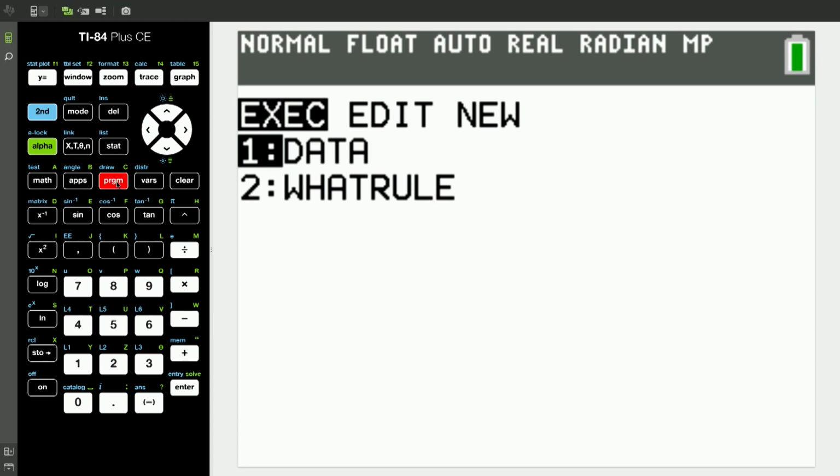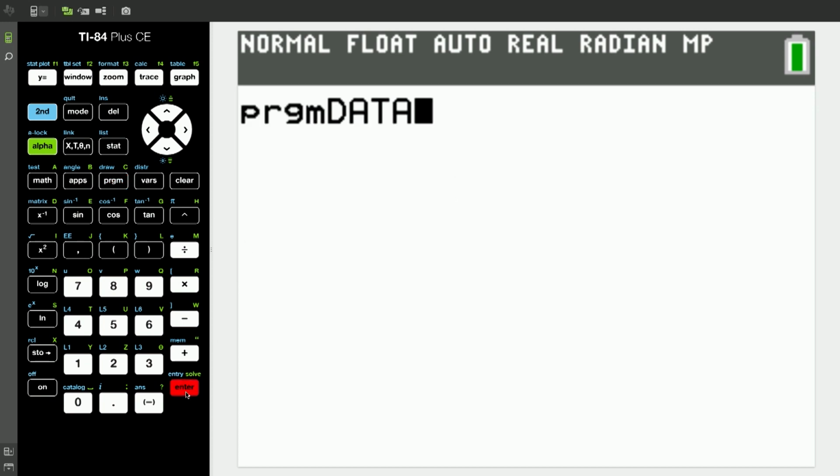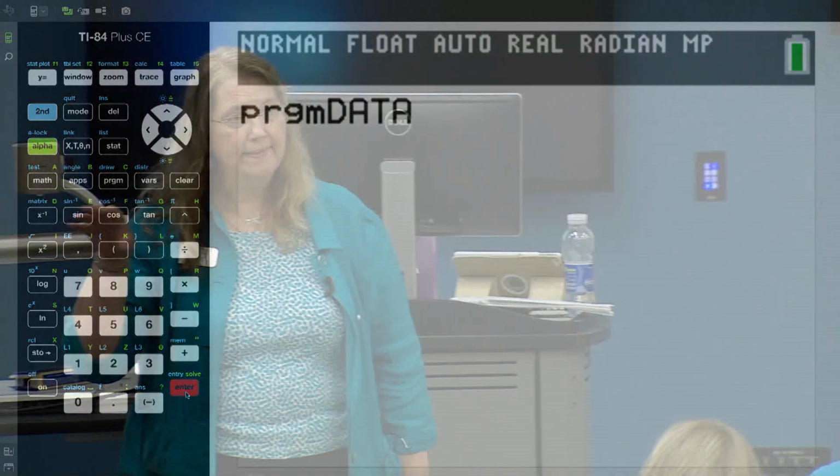Now, the please do this button on the calculator is the enter button. So 1 is black, which means it's highlighted. That's the one I want. So you have two options. You can either push 1, or you can say, please do this for me, and push enter. So either one will get you there. I'm just going to push enter. And then you should go to a home screen where you see program data, and there's a cursor blinking that is saying, what do you now want me to do? Everybody there? Thumbs up. When you're using technology, you got to make sure everybody's with you, okay?